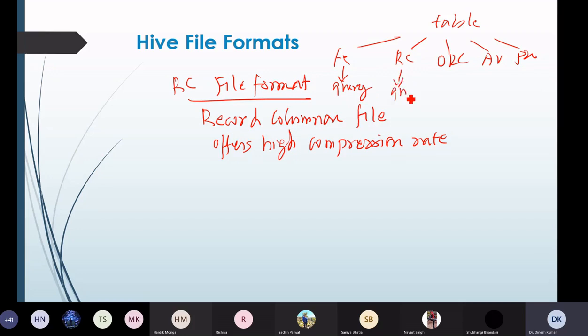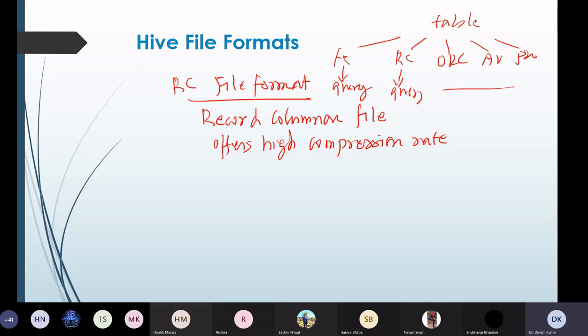If you run the same query on all these file formats and note down the time taken, only then will you come to know the performance of all of them. Here in this lecture, I am just discussing the various kinds of file formats which we can use.